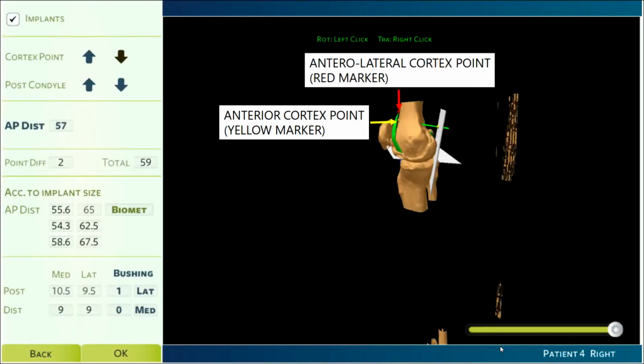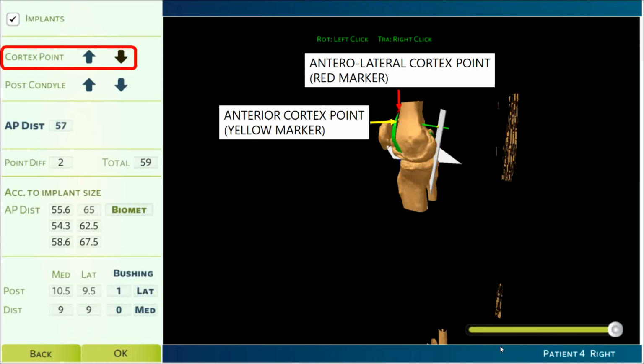For the first measurement, the antero-posterior distance is the distance between the anterior cortex and the posterior point. The anterior cortex point was not recorded during the process of selecting the anatomic landmarks. The highest point on the anterolateral cortex was recorded earlier during the selection of the anatomic landmark for studying notching by the implant. The up and the down arrow keys next to the anterior cortex can be used to manipulate the position. The point sphere should be half embedded in the cortex for precise measurement.